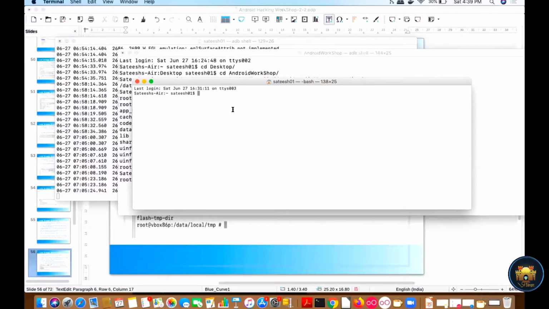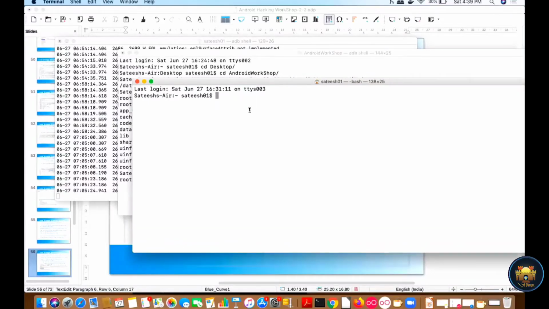Let me increase the size. So I'm just executing adb shell, and then am, which is for the activity manager, dumpheap, and our process ID is 2686.